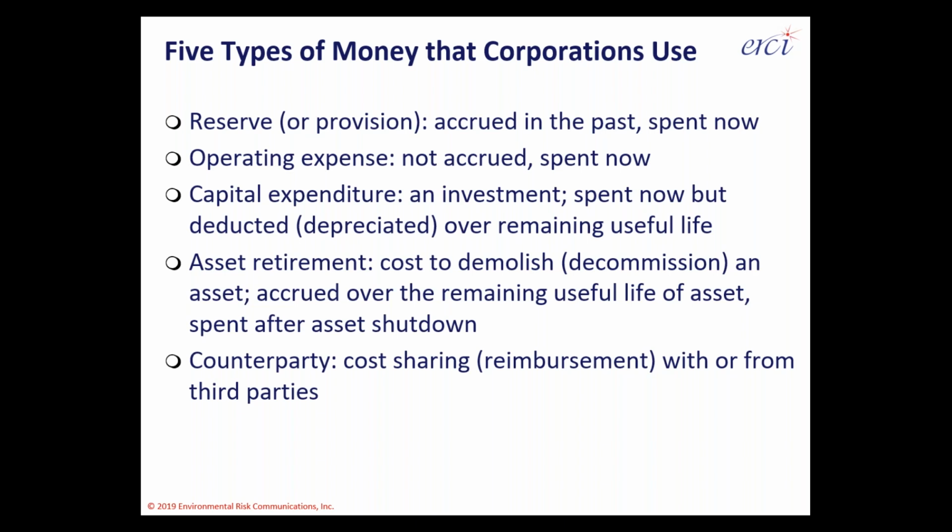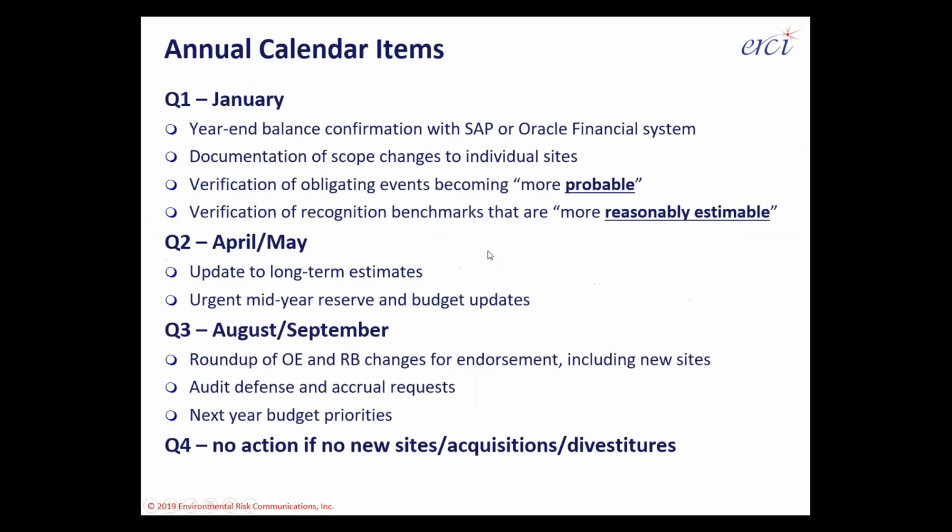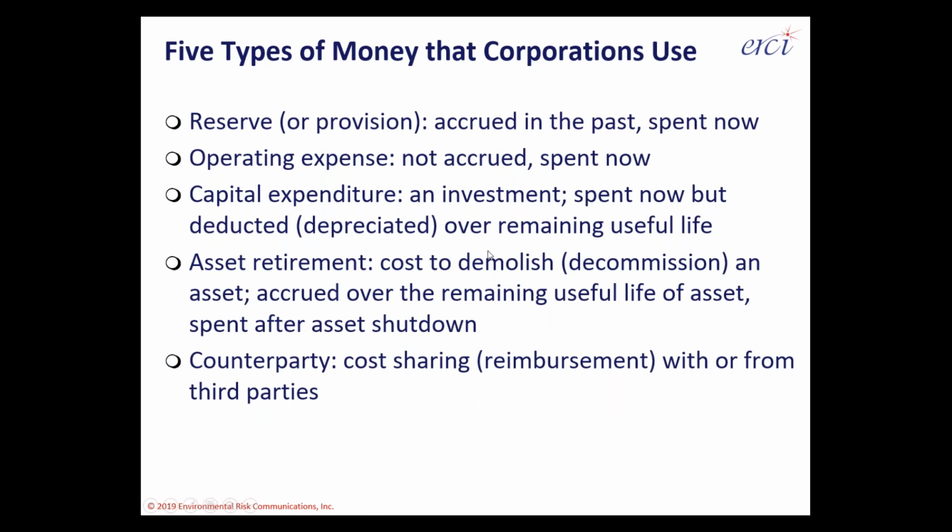The next type of money is capital expenditure, and these will be for major site improvements, for significant assets like a long-term groundwater management system, a process unit for environmental liability, and those types of expenditures that you'd say will have a long-term useful life, like an air handling system. Capital expenditures are cash expenditures up front that are depreciated or deducted or amortized over the remaining useful life of